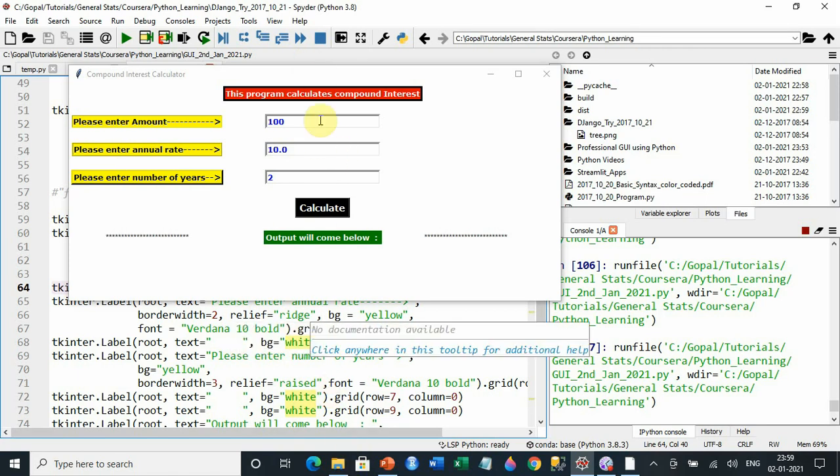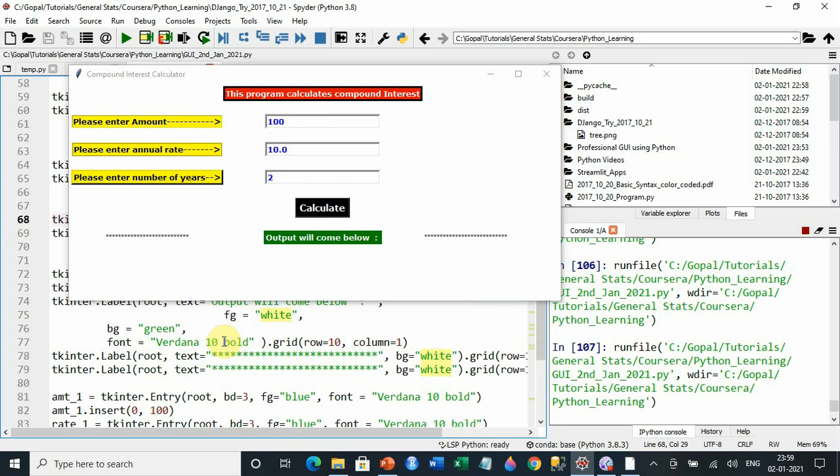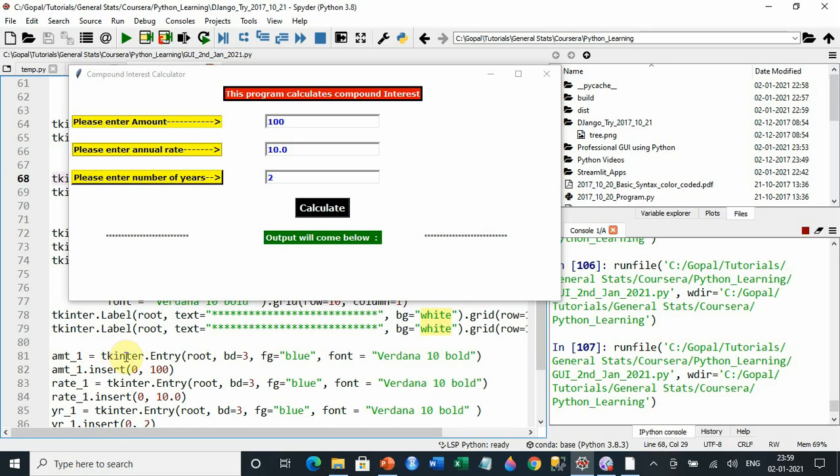Now let me show you how I have done the formatting of these text boxes. These are called labels and these are called entry boxes. For entry boxes it is tk.Entry, and by default you are just supposed to put root and it works.